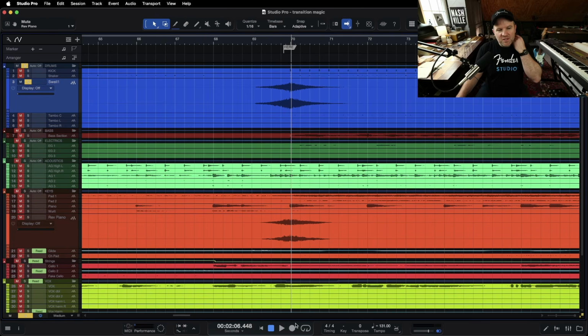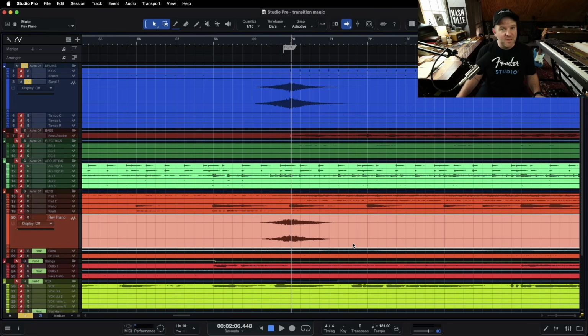But in addition, you may notice another track in this session that looks similar and is behaving similarly, and that's this reverse piano. I find reverse piano, specifically reverse low note on the piano, is one of my favorite things. It's not always appropriate, but when it is, it's so nice. Here's what that sounds like.